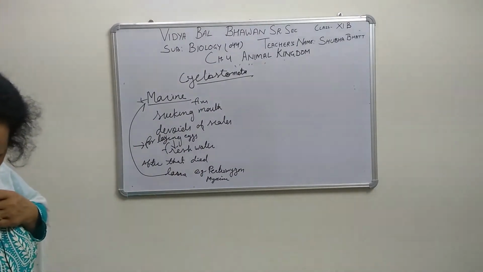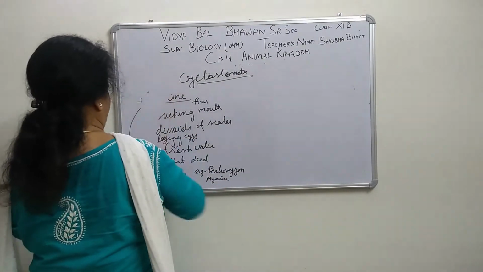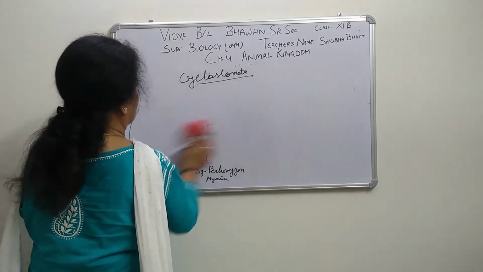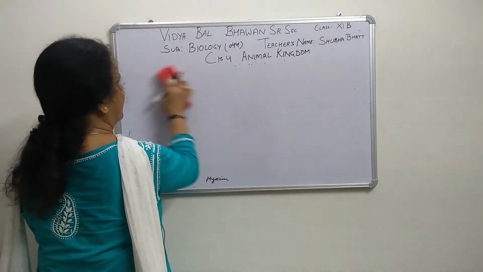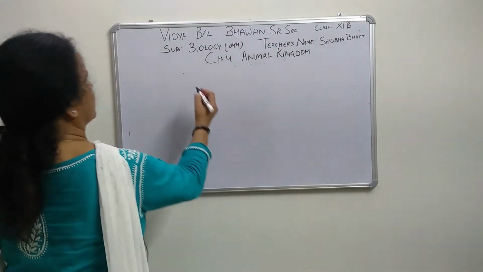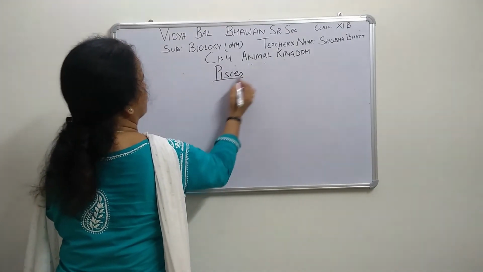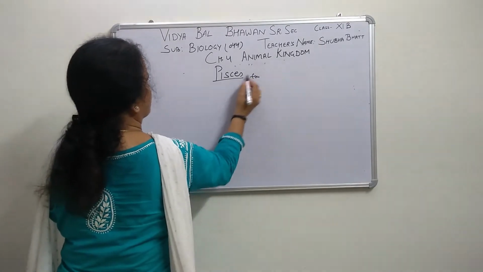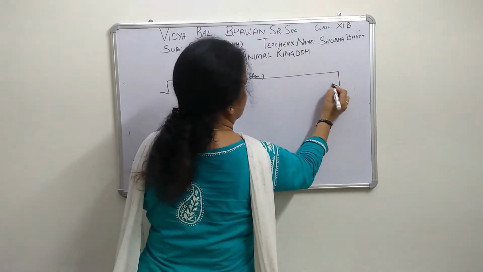Now then we will start next. That is Chondrichthyes and Osteichthyes. When we are dividing pisces, again the more important topic, pisces, right? Fins are there and divided into main. That is a very important question: differentiate between these